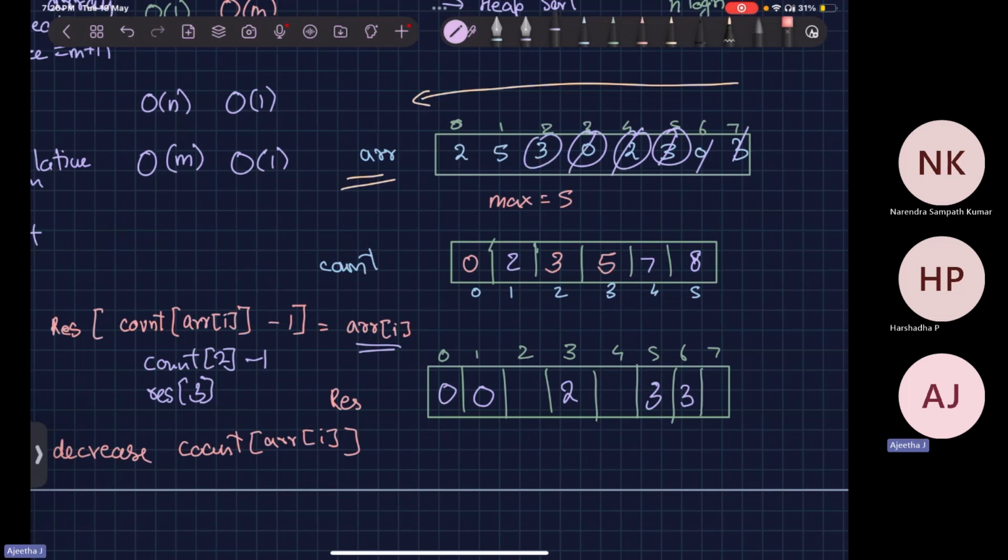3, count of 3, 5. Result of 5 minus 1, 4 is here. You're supposed to put this value 3, and you're supposed to reduce 5. I'll put 4 here, and then I'll go to the next element 5. Count of 5 is 8. 8 minus 1 is 7. So at the 7th index I'm going to put this number 5, and then now I have to decrease this. 8 will become 7,